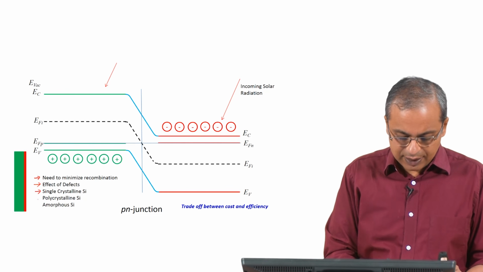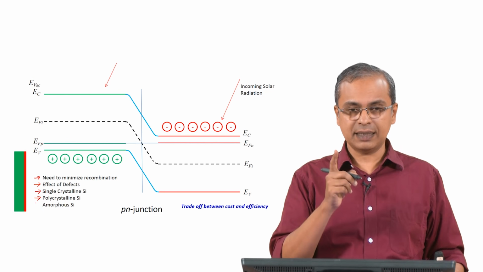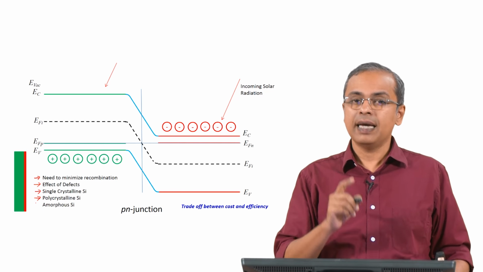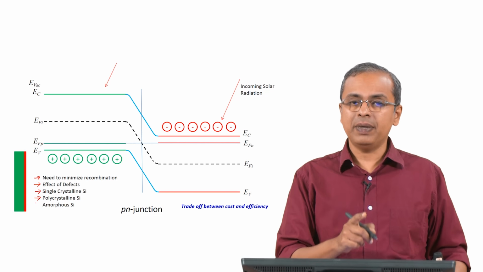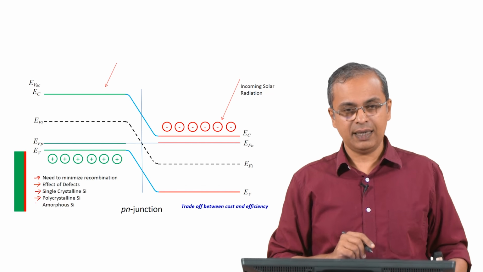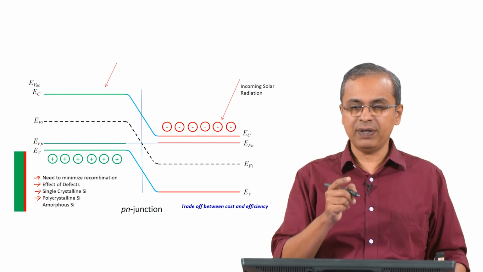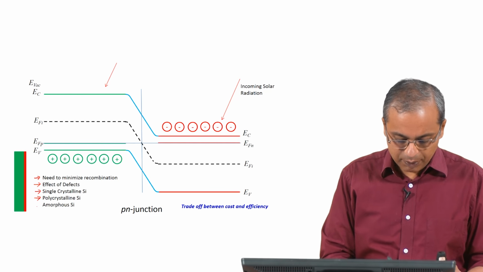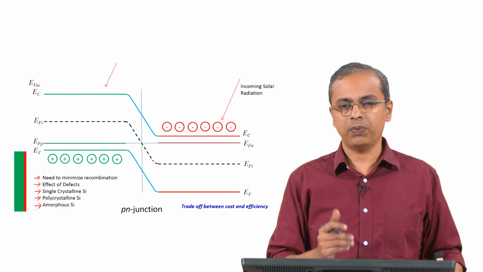So, your next bet is polycrystalline silicon, but clearly that has grain boundaries, and that is the reason why it is called a polycrystalline sample, and that has many more defects than single crystalline silicon. Naturally, many more electron hole pairs are annihilated in that sample, and therefore its effectiveness is less. And finally, you have amorphous silicon, which is distinctly cheaper than single crystal or polycrystalline silicon to make,